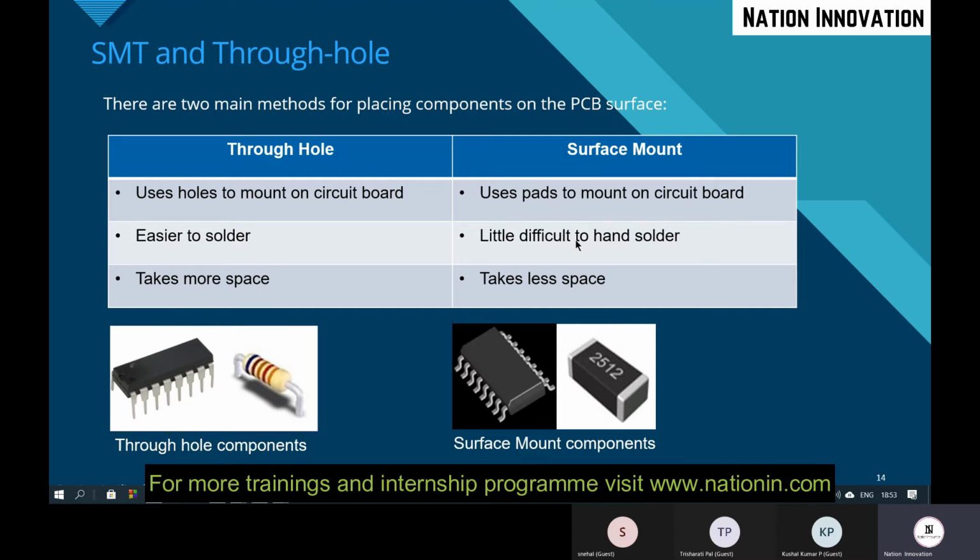But in case of surface mount devices, the space taken is low because if you are placing the surface mount device on the PCB, you will not be drilling any holes. So you can place the component on the bottom layer as well. This is the use of surface mount devices. All your cell phones will be having SMD components only. Hence, the thickness of your mobile is reducing by day.